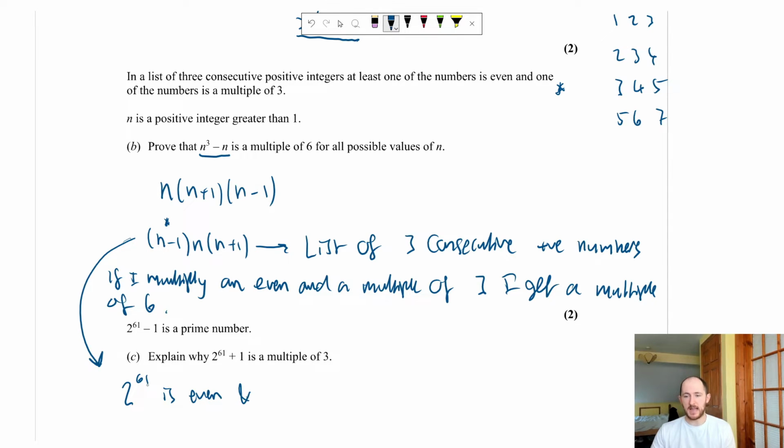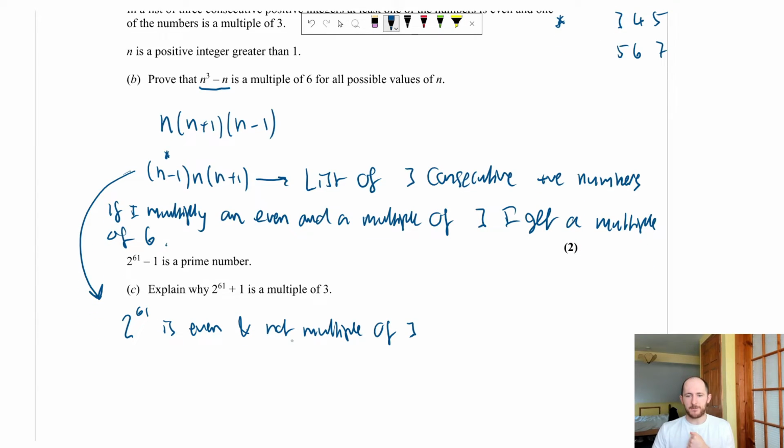Which means it's not a multiple of 3. How do I know it's not a multiple of 3? Well, think about it. 2 to the power of 61 is the 2 times table up to 61. So of course, it's not a multiple of 3. The 2 times table, especially when it's to the power of 61, will not be a multiple of 3. So okay, let's keep going. Therefore,